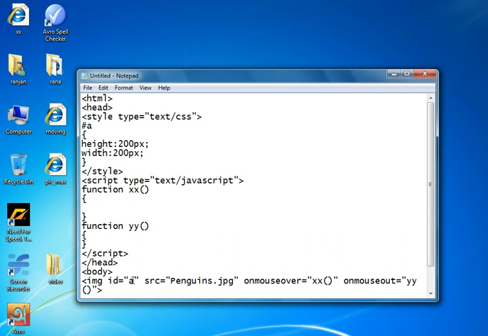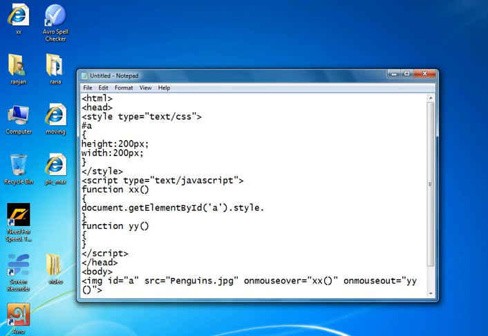You can see the ID of the image is A. That is the reason I write document dot getElementById A dot style, because I want to change the height and width of the image, and height and width are part of style.